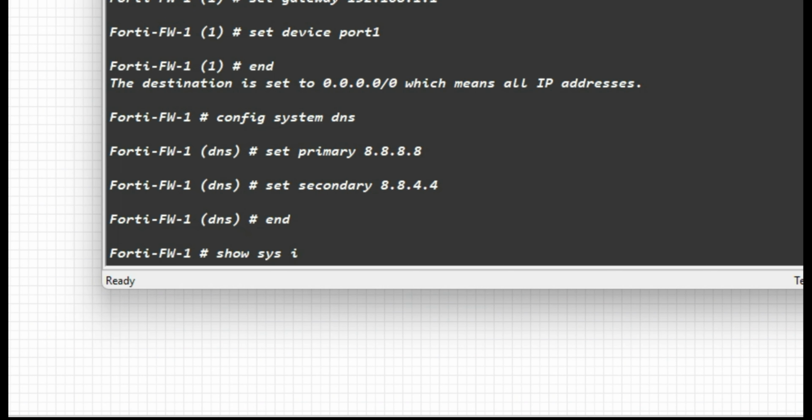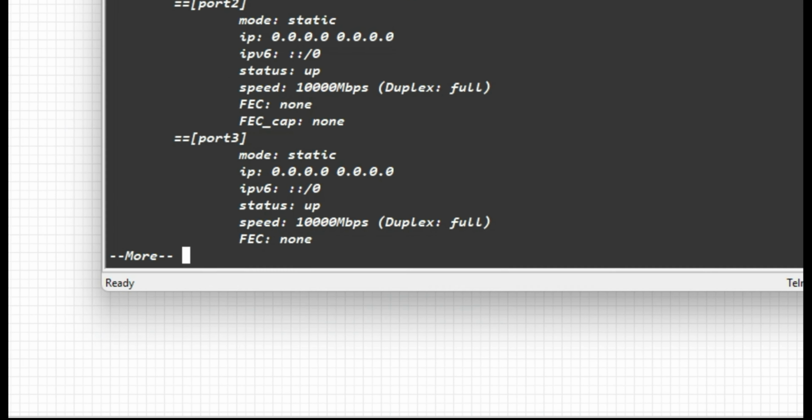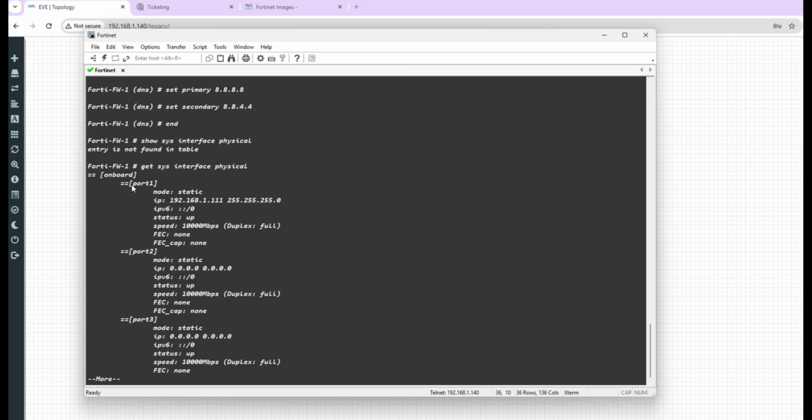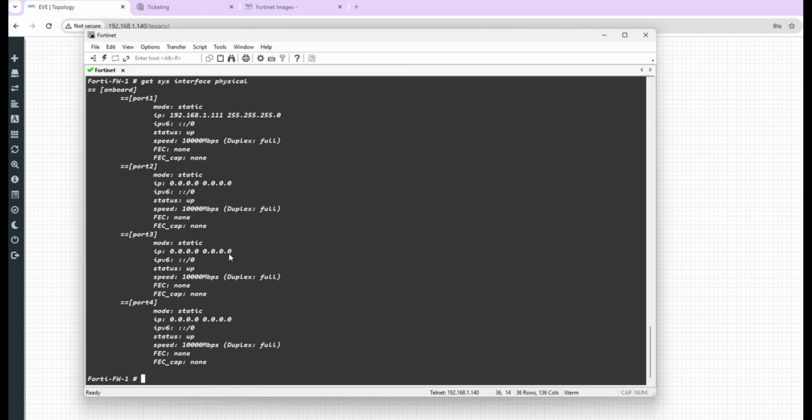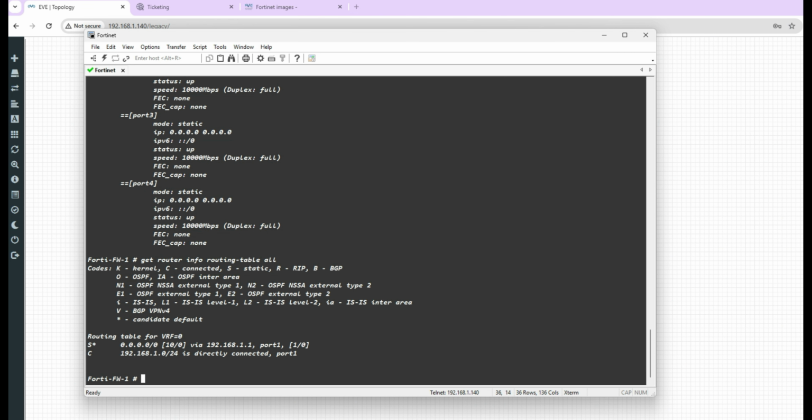Now let's verify all the configurations. We can run get system interface physical to see the physical interface configurations. So here we don't see a config except port 1. And get router info routing table all will show all the routing table information. So here you can see the static default route pointing to the home router with an exit interface as port